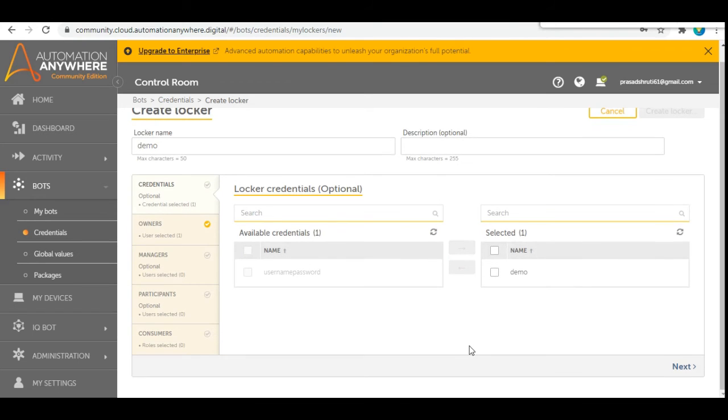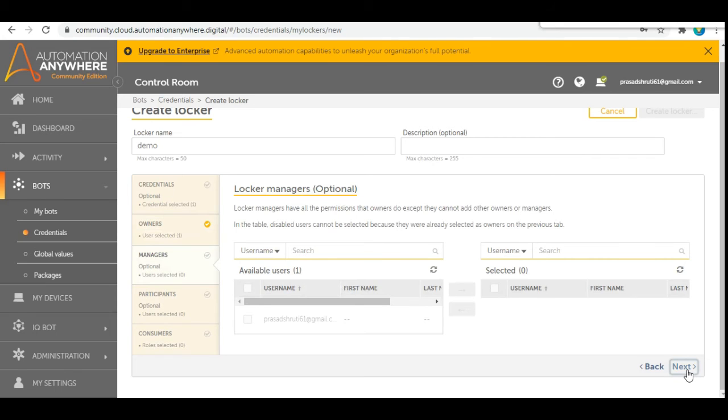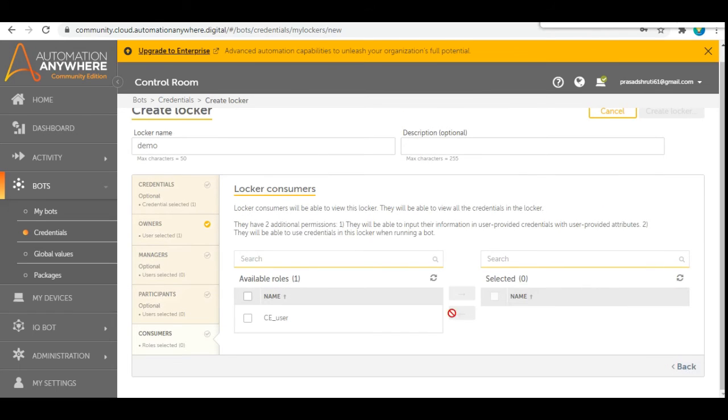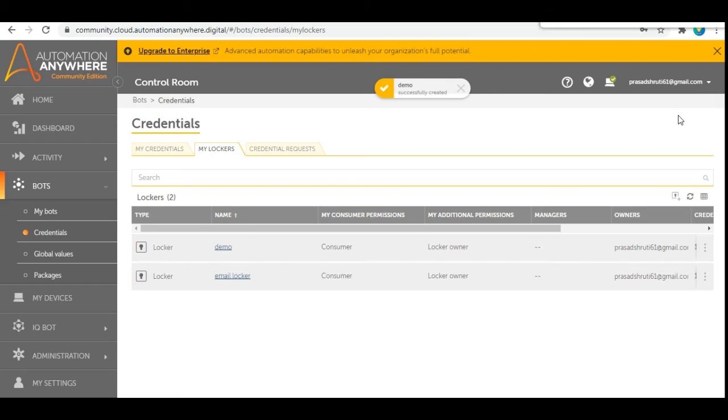Click this option, and then next, next, select this option, and then click this button. And now create a locker. So this is a simple process to create a credential and locker.